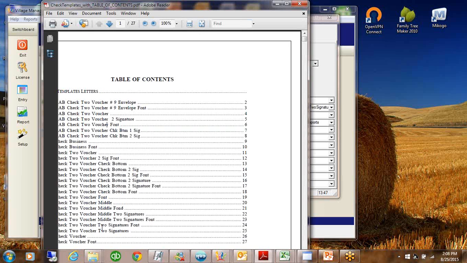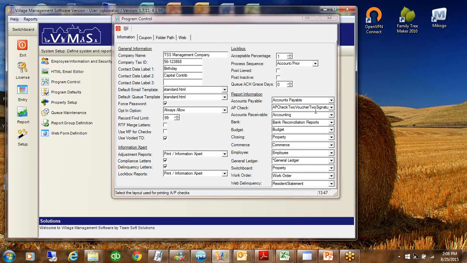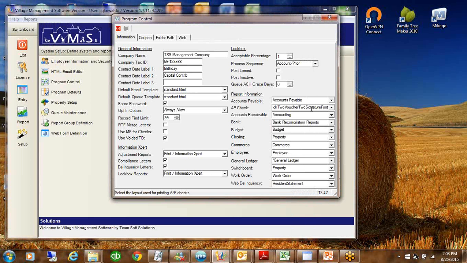So be sure to first look at the check templates and choose the one that works for your company, all right? And then once you do that, go to Program Control and select that check here. After you do that,